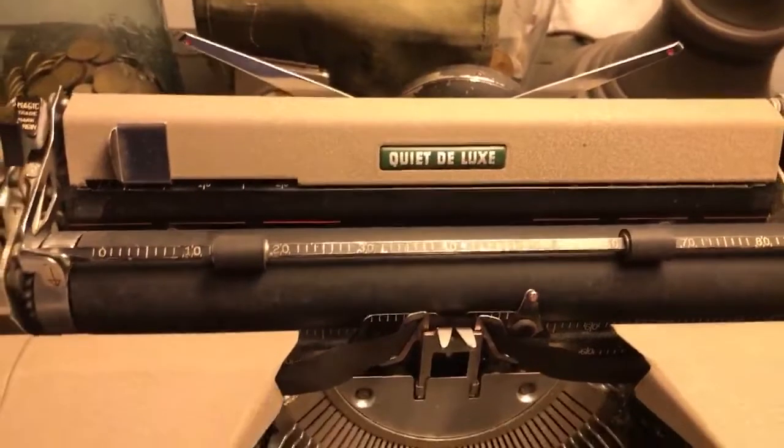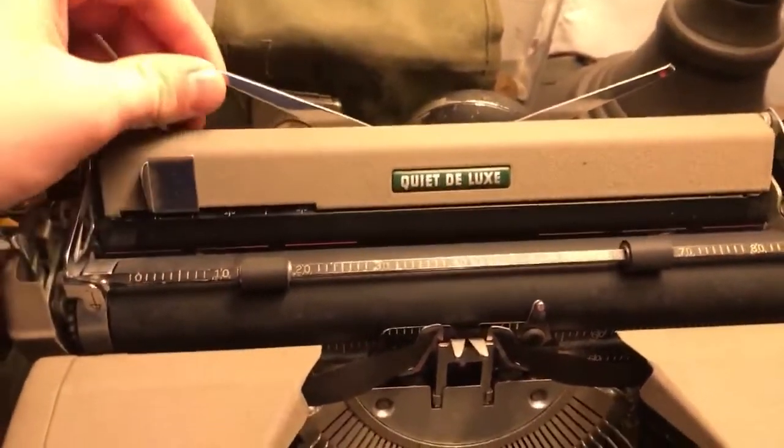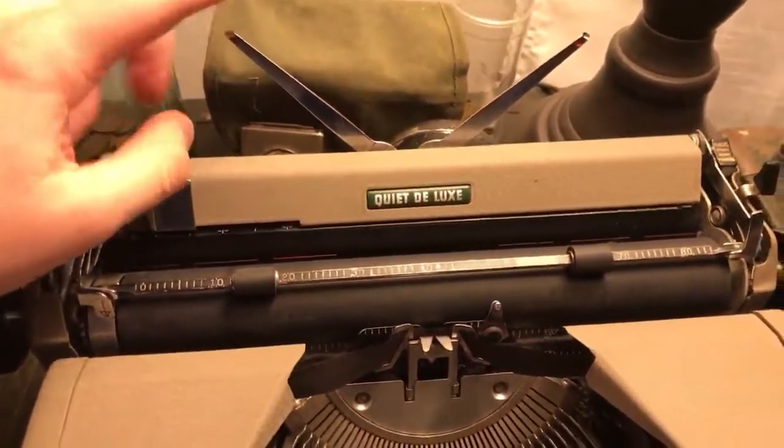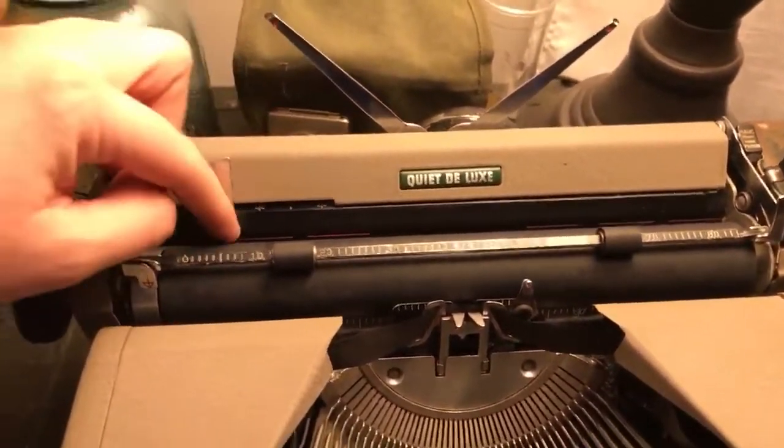But yeah, this is a Quiet Deluxe version. They made quite a few of these, the Royal Company, and I was just gonna show off this. This is a paper rest, so when you put the paper in there,